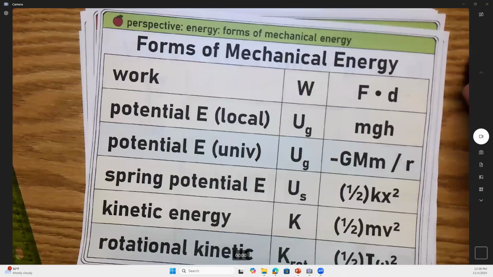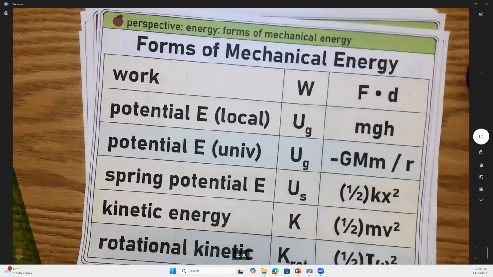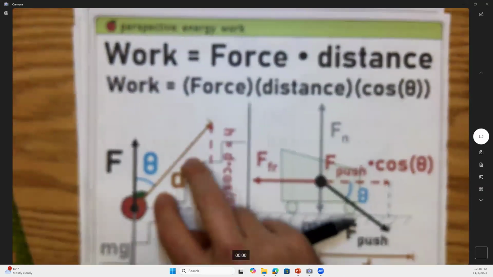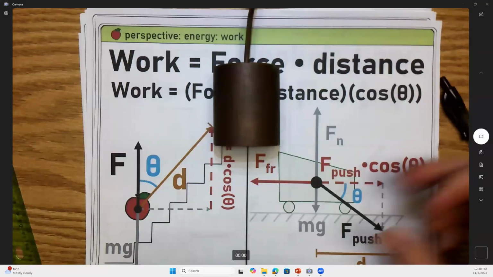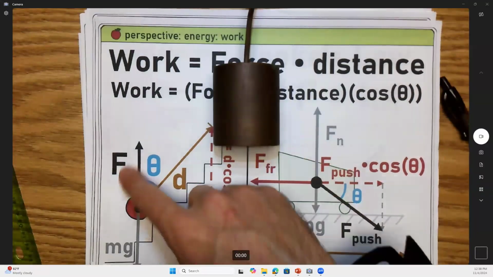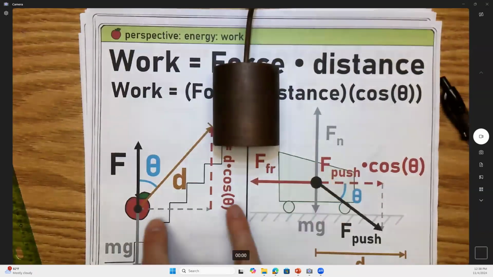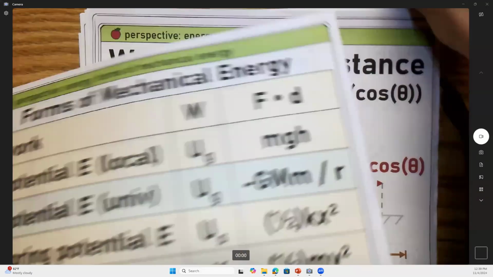So this object sitting at the edge of the table has 10 joules of potential energy, and you get all of that crashing into the floor if you knock it off the edge. To connect it back to this poster, if you walk this object up these stairs and set it at the edge at the very top, the potential energy it has is just mgh. So mg is the force to lift it, equal to its weight, times this height. But it has nothing to do with how far you moved it across the stairs, only how much you lifted it up the stairs. So it's got that type of energy.